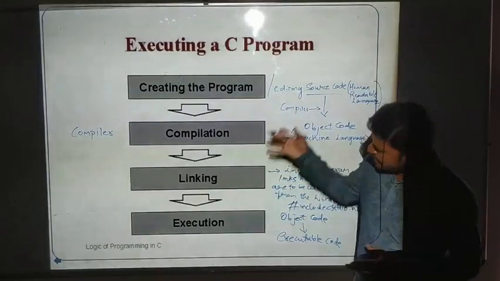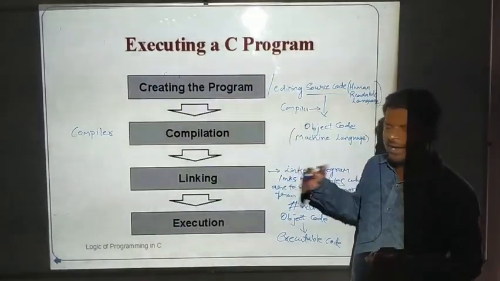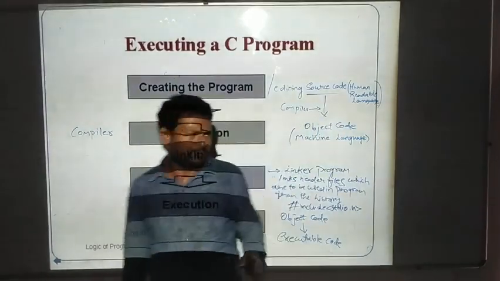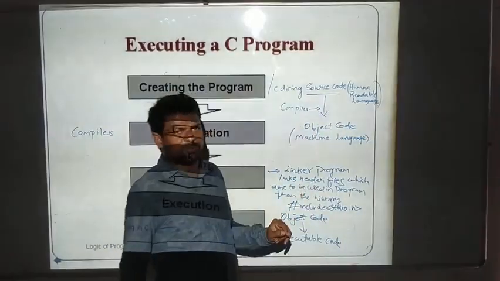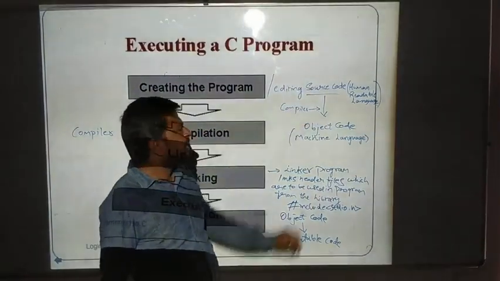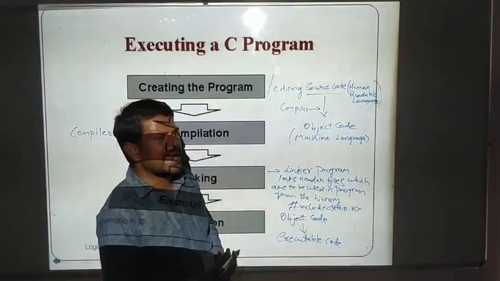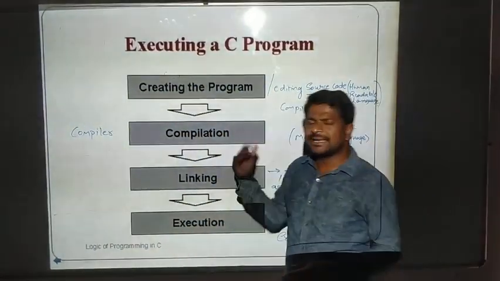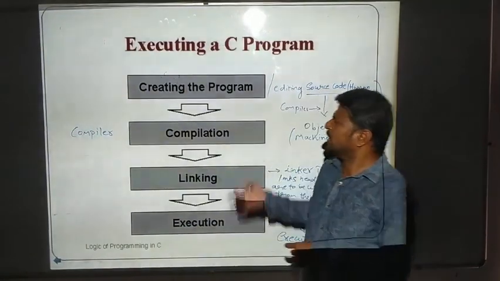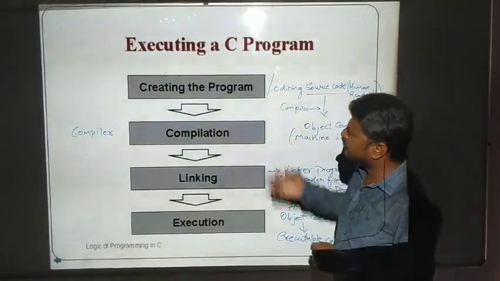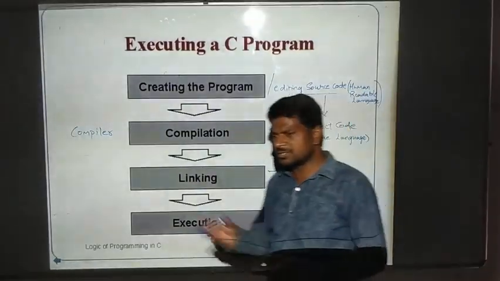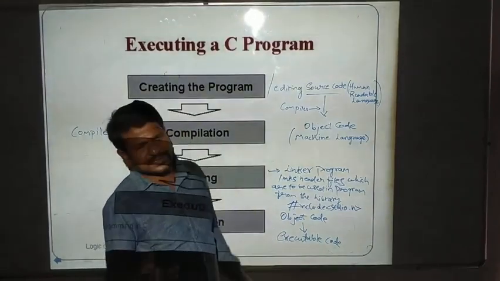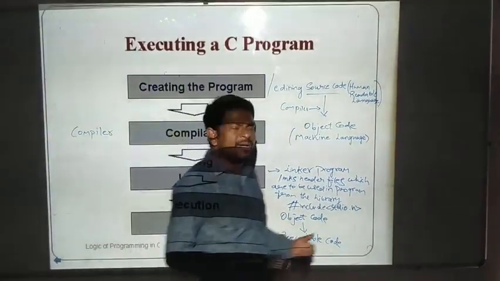Here there are commands also, but we will use the keys which we will see on our editor. Okay, where will we write the source code? We will write the source code in the editor. Each and every compiler will have an editor. In our C programming language we will have an editor like Turbo C. There we will have a graphical user interface. Graphical user means what? Using the mouse also we can execute the program. Whereas a command prompt is just by giving the commands only we will execute the program.